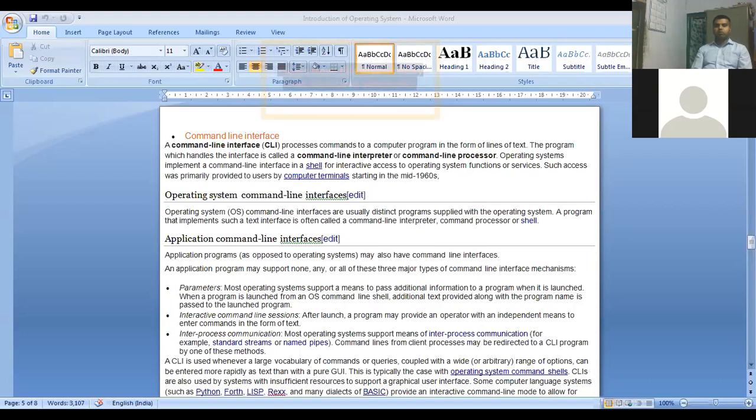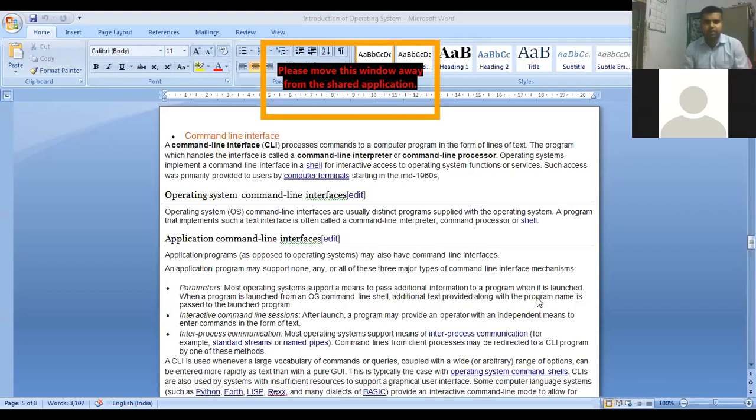And with the keyboard you can only type the commands and the characters. With the help of that you can type and operate the entire system.